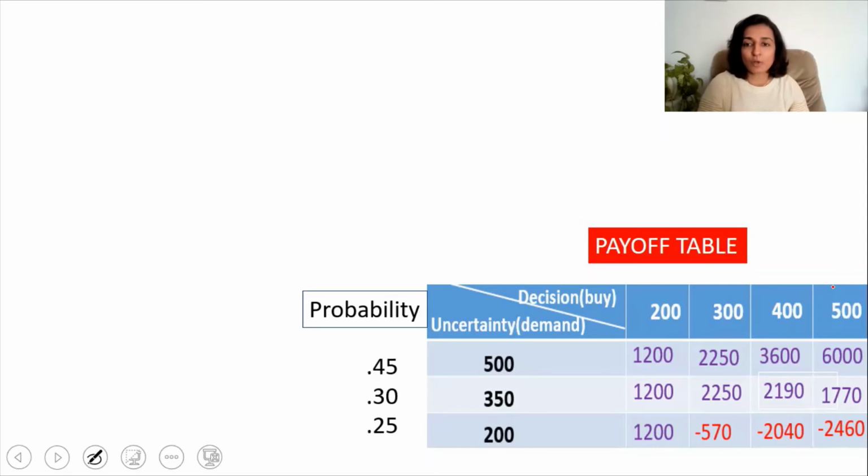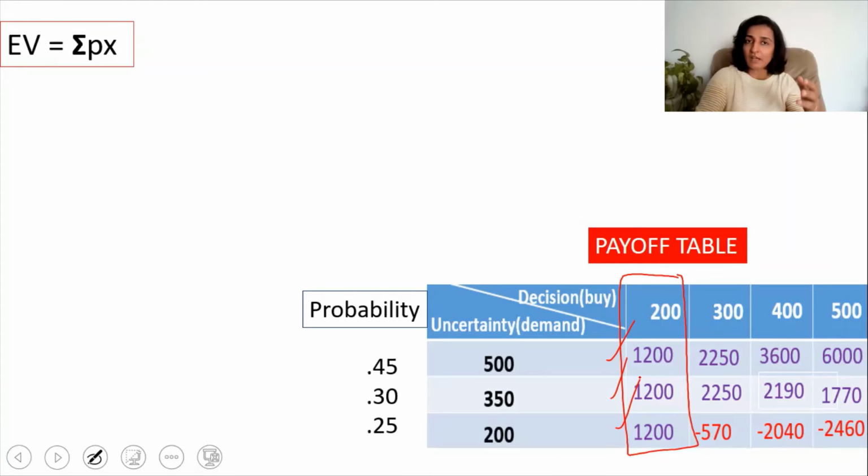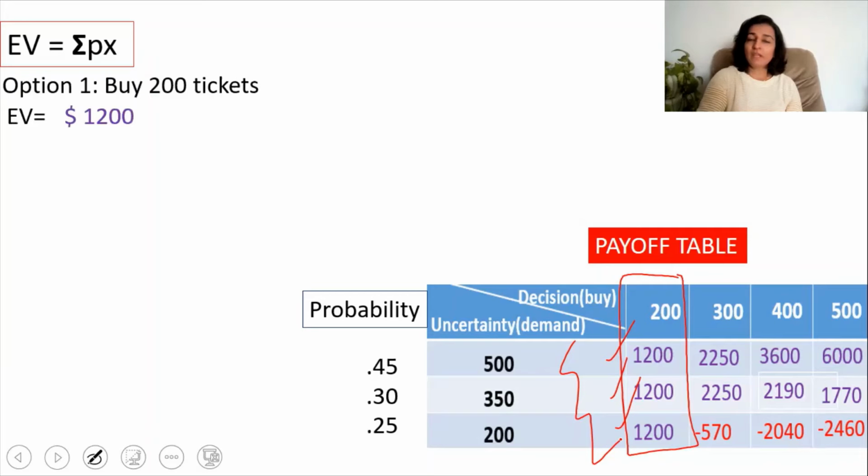So we will go to the first option. First option is to buy 200 tickets, correct? And for buying 200 tickets, whatever be the case, we will get a profit of $1,200. So what is the expected value? Expected value is given by the formula sigma px. But since it is same for all the uncertainties, we don't actually need to use this formula. For option 1, that is to buy 200 tickets, the expected value will be $1,200 because whatever be the case,